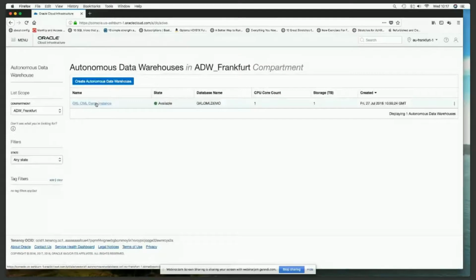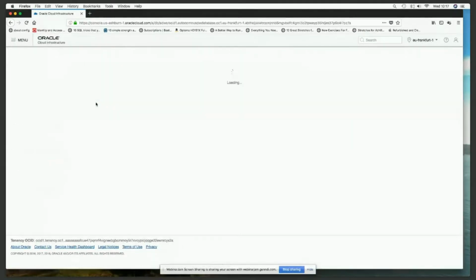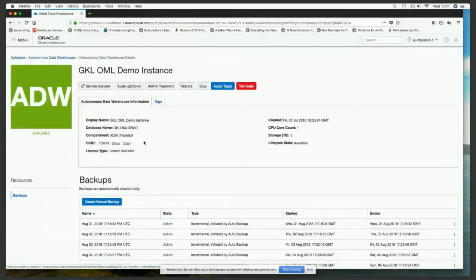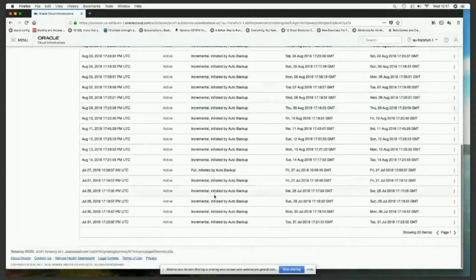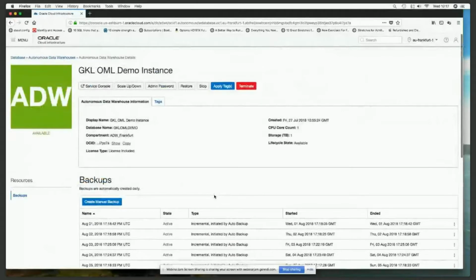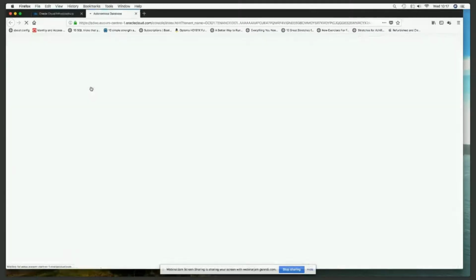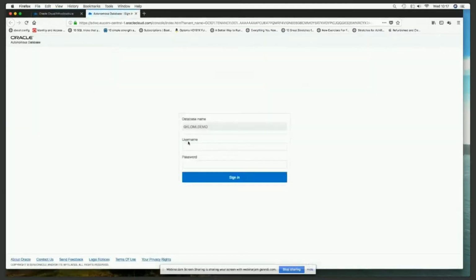And you can see I've already got an instance created. You can see it's already backing up very nicely for me. There's nothing I'm having to do to get it to do that. It's just ticking away in the background. The last full backup that it did, well, incremental backup, was on Wednesday. I haven't used it since Wednesday, 1st of August, but my system's up and running. It's available. I'm going to open my service console